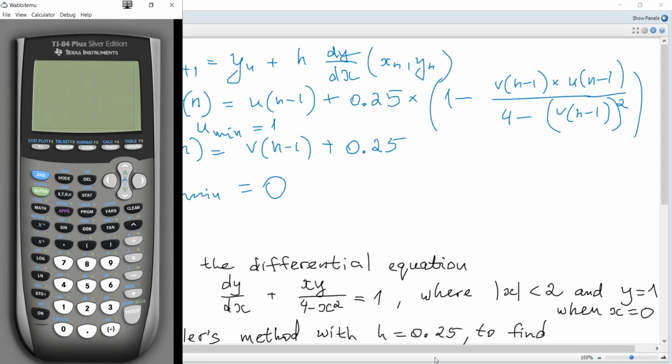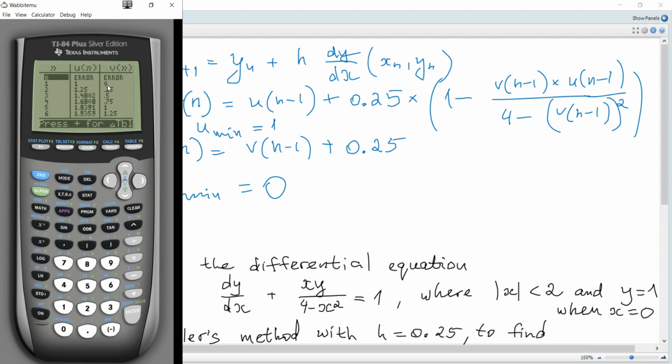So using a calculator, first of all you choose mode, and you should choose sequence, not function but sequence, then y, and you can see that u of n is u of n minus 1 plus 0.25 multiplied by 1 minus v of n minus 1 multiplied by u of n minus 1 divided by 4 minus v of n minus 1 squared, and u mean is 1, v of n is v of n minus 1 plus 0.25, and v mean is 0, and then you just choose table, and v is x, u is y,